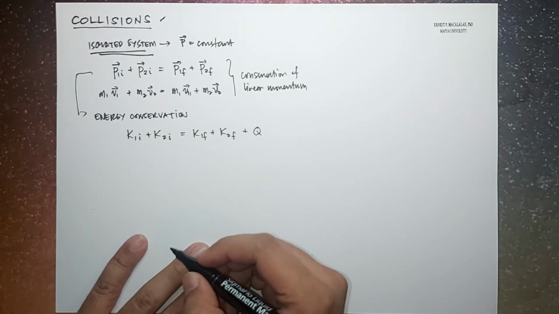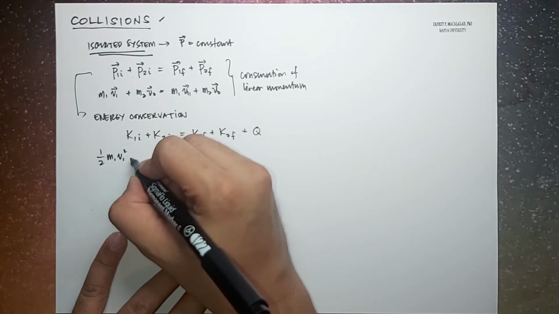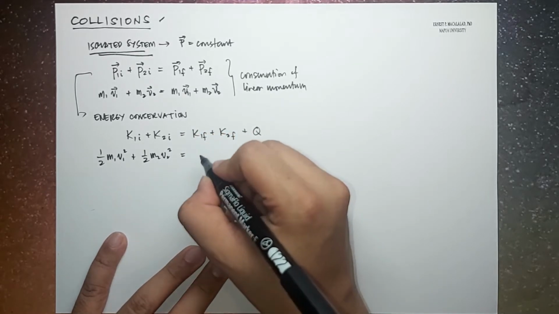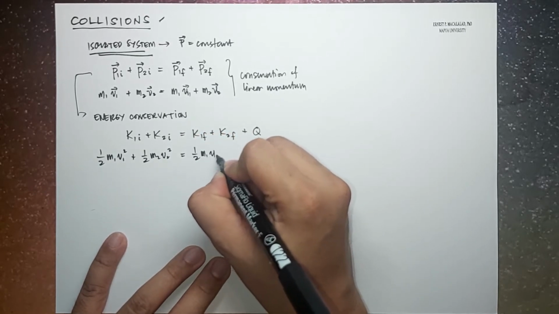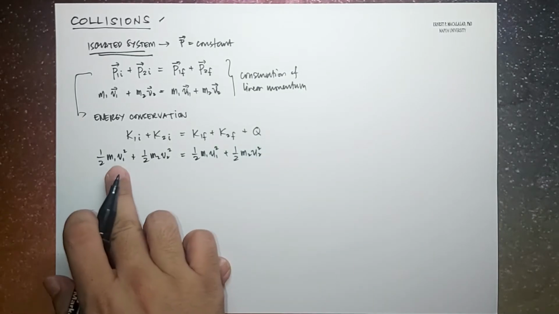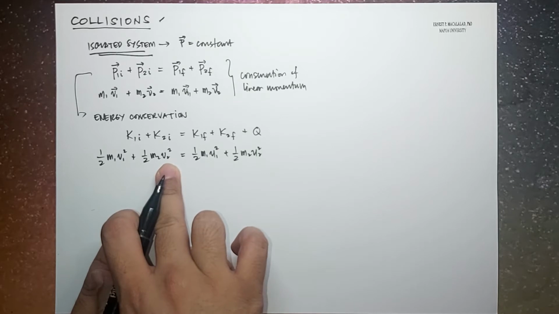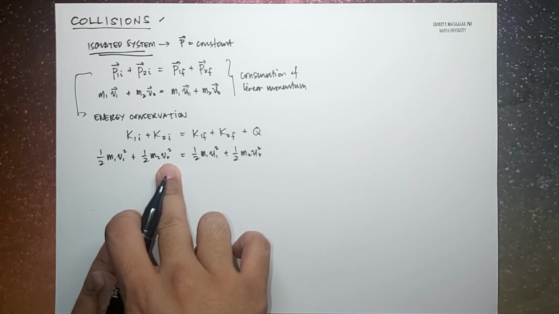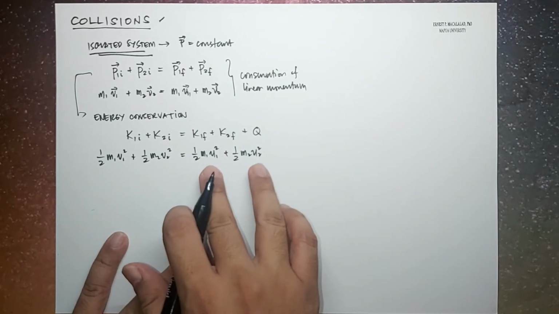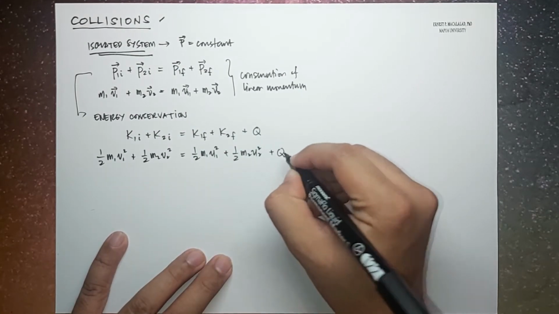So from the definition of kinetic energy, this becomes 1/2 m1 v1 squared plus 1/2 m2 v2 squared, and this is equal to 1/2 m1 u1 squared plus 1/2 m2 u2 squared, where again v1 and v2 are the speeds of the first and second particle initially, and u1 and u2 are the speeds of the first and second particle respectively after collision, again plus some kind